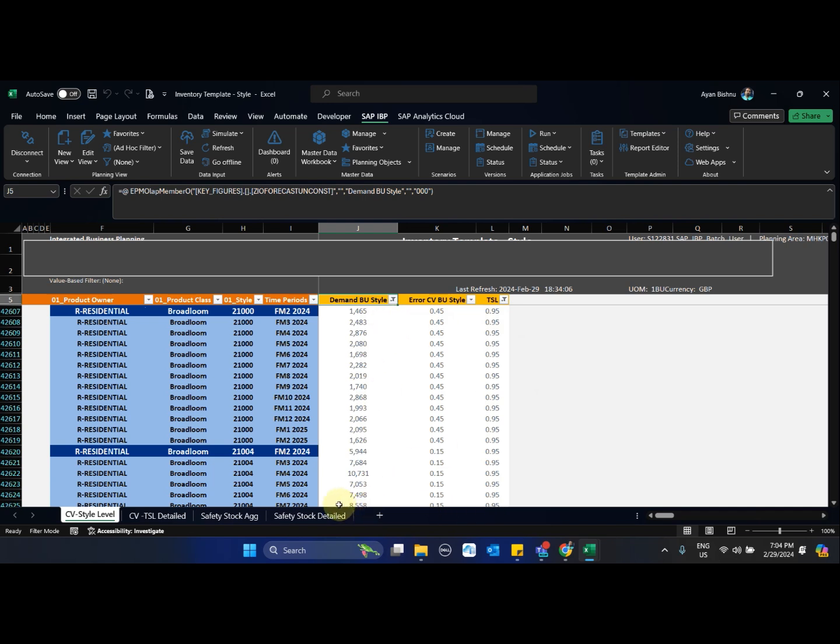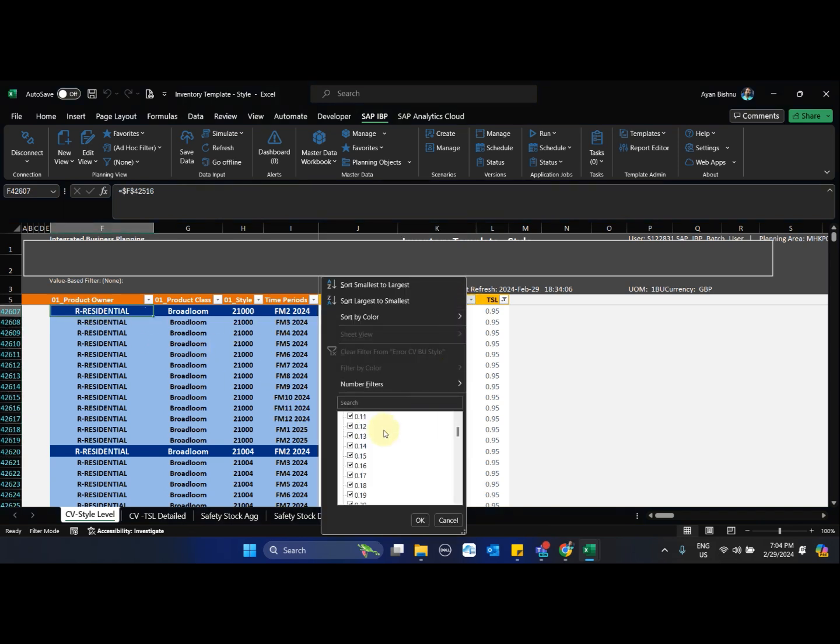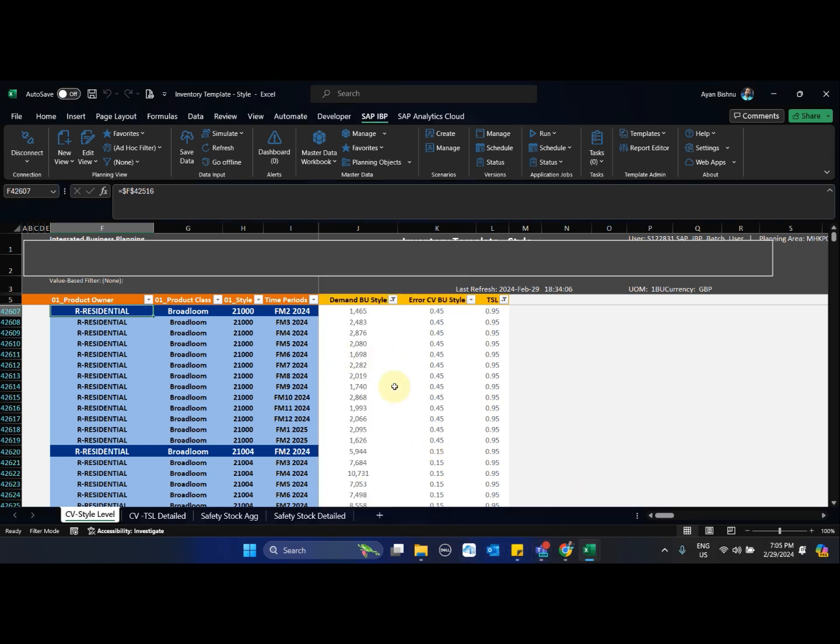Based on that, I have got the error CV generated at this level. So if you see, I have got a variety of error CV, which starts from good forecast error CV to a pathetic forecast CV of 0.8, which at this custom planning level denotes that I have successfully executed my forecast error CV.